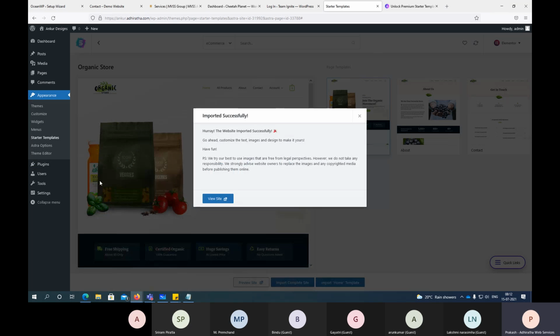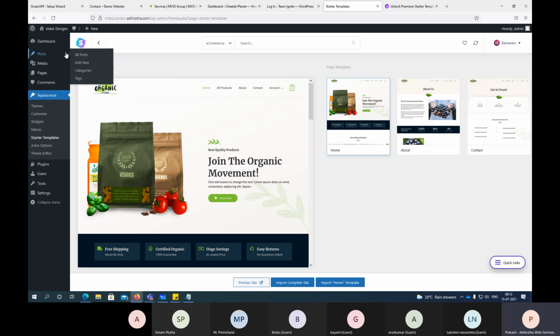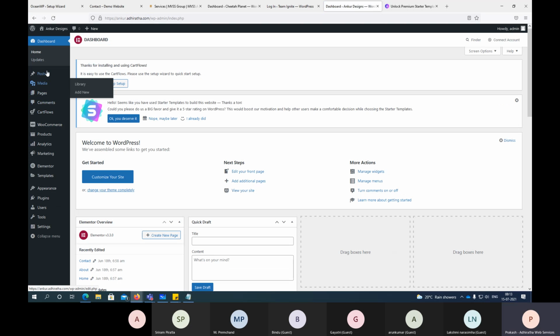You just go to, now let me close this dialog. Right. So right now you're not seeing any additional options, but let me click on dashboard again. So it will do a refresh, right? See now. Earlier, how many options were there? Now, how many options are there? You can see, right? From here, CartFlows, WooCommerce, products, analytics, marketing, Elementor, yeah, these many things, like 1, 2, 3, 4, 5, 6, 6 got added additionally, right?